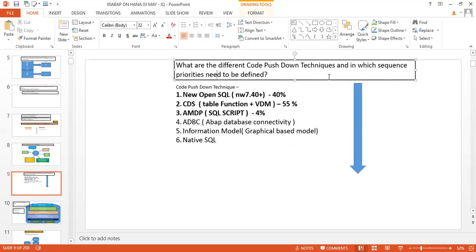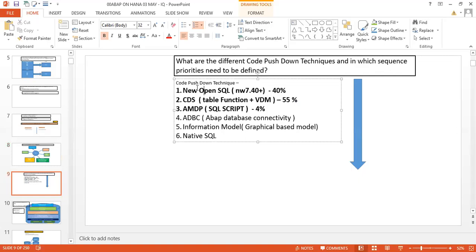What are the different code pushdown techniques, and in which sequence priority needs to be defined? So nowadays, new Open SQL is the most popular one. However, from a reusability point of view, CDS wins sometimes, right? Because in our project, if we have to create some report, and if we know that this report can be used in the form of UI5, or maybe it is supposed to be exposed as an OData service, then instead of going for new Open SQL, we may prefer CDS because it has